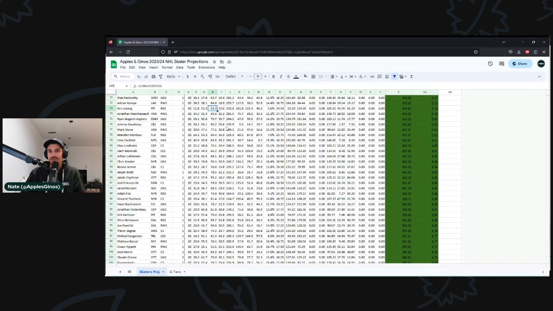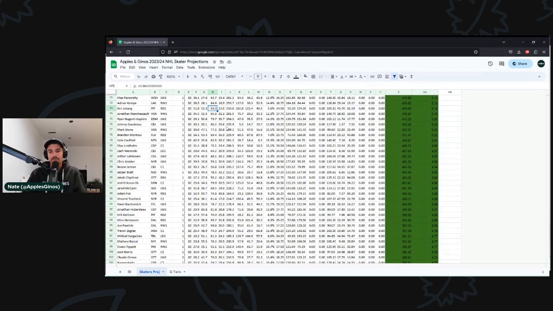But what you can't really do is to add in more upside for the players that you drafted if those players never had that upside to begin with. And so that's why, for me personally, I like to give a little bit more credence to the players that I think have a chance to actually go above and beyond the projection that you see on the screen. And that's going to be different for every person. You'll hear me talk about the players that I think have a good chance to exceed their projection. You've heard me talk about a number of those already. You'll hear that from all the other guys, from Josh, from John, from Blake. You'll definitely get lots of that from us here at Apples and Genos.